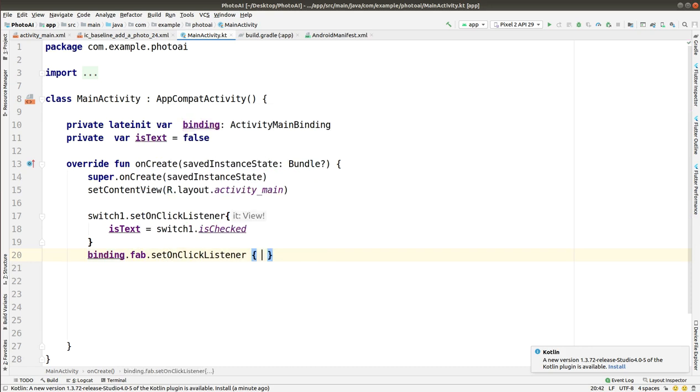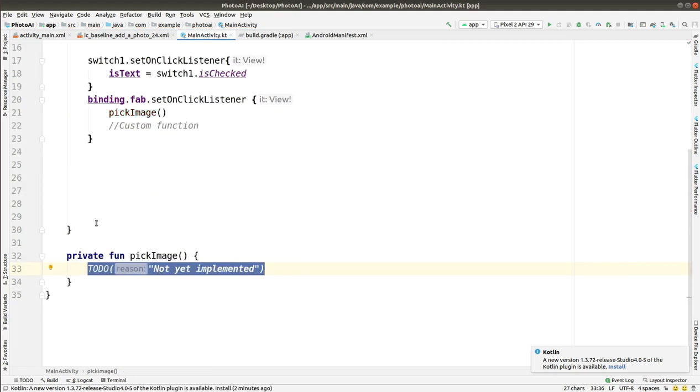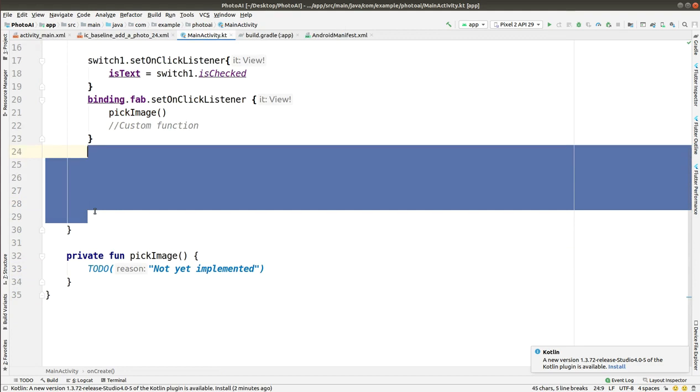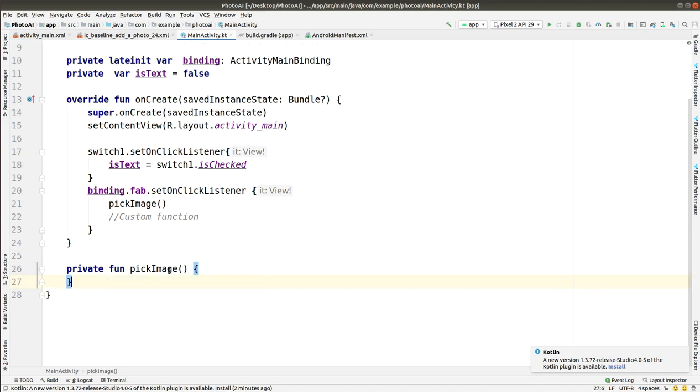Then we are setting on click listener for the fab icon, and we are making the function called pick image. It is a custom function that we have to make in this class called main activity. So let me right-click on that bulb and choose create function. After that, remove this extra space, and now within this function